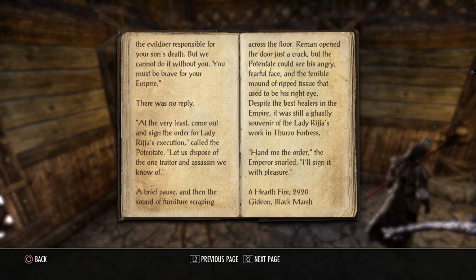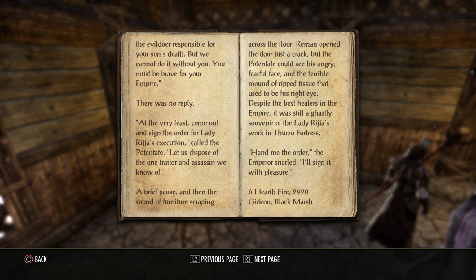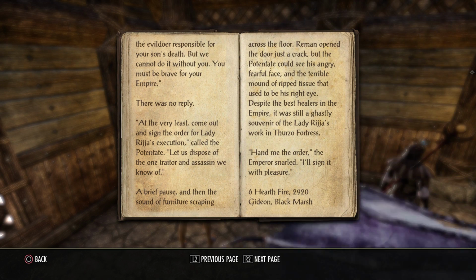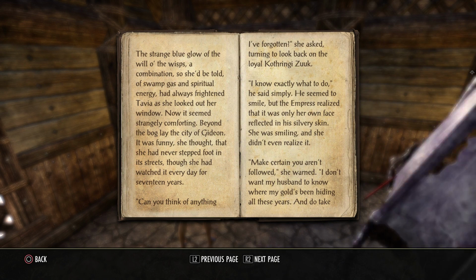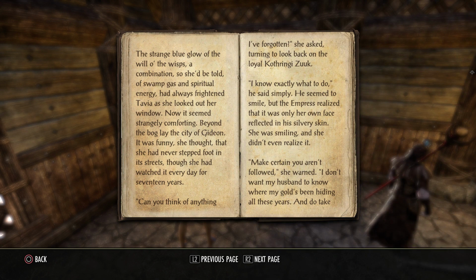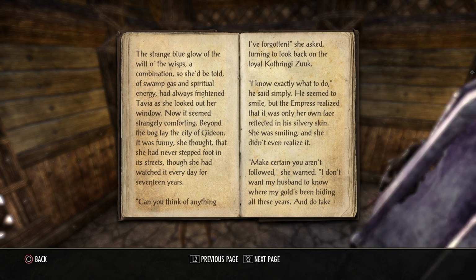Despite the best healers in the Empire, it was still a ghastly souvenir of the Lady Ridger's work in Thurzo Fortress. "Hand me the order," the Emperor snarled. "I'll sign it with pleasure. Let's see, this is the 6th of Hearthfire, 2920." Gideon Blackmarsh. The strange blue glow of the will-o'-the-wisps, a combination, so it should be told,